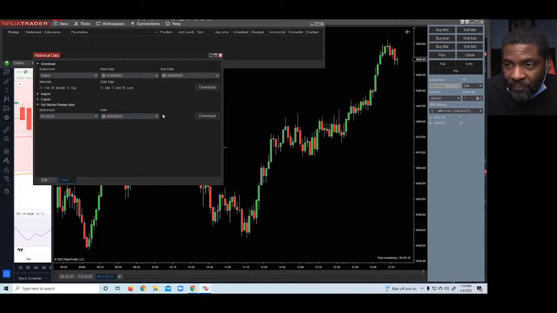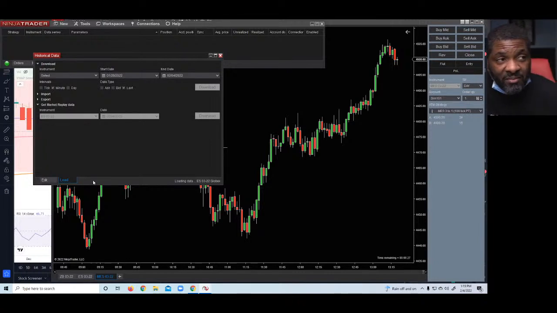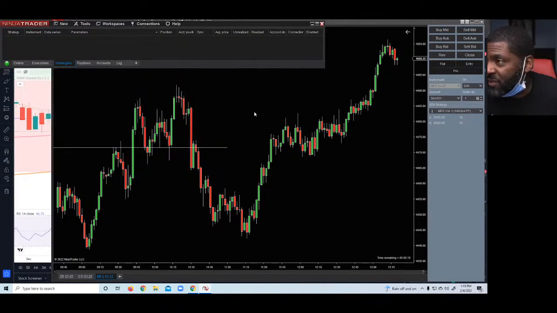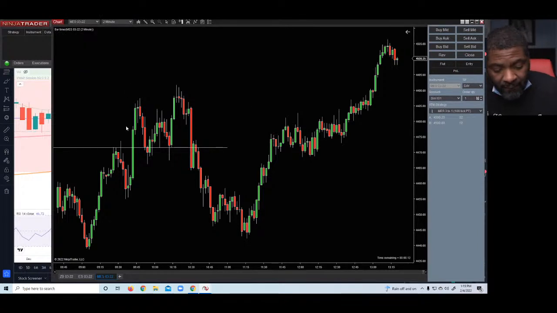I just do the ES. It don't matter, ES, MES, they move the same. The only difference is you want to know which one you're trading live, because the ES costs $500 margin to trade a contract, and it pays $12.50 per tick. And the MES is $50 per contract, and it pays $1.25 per tick.